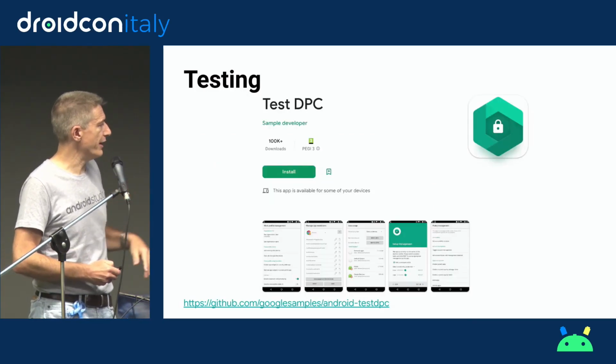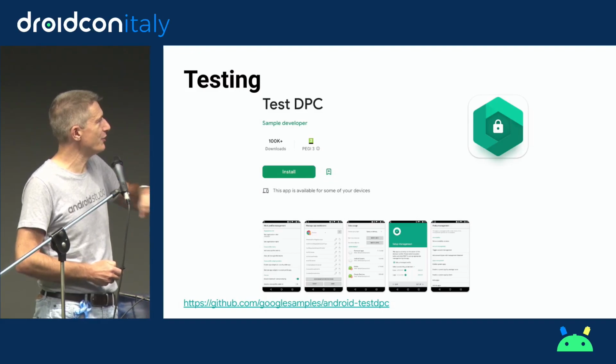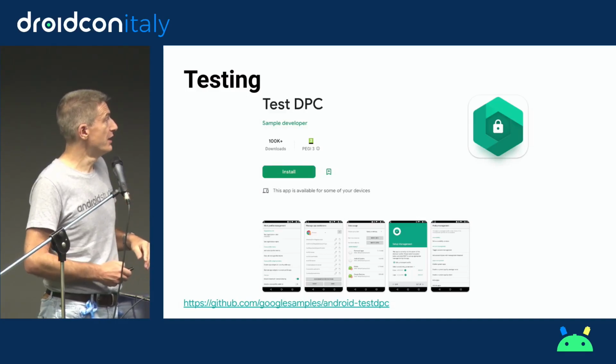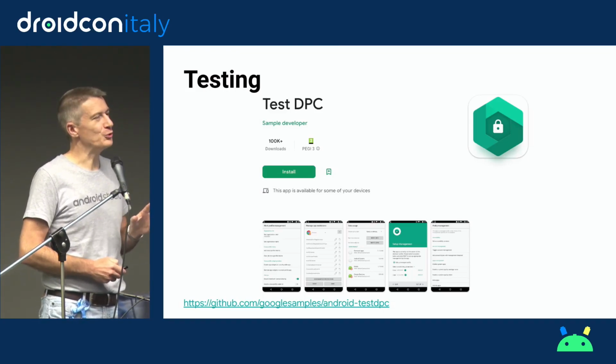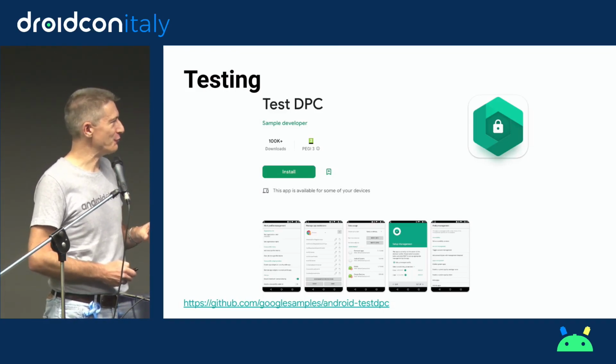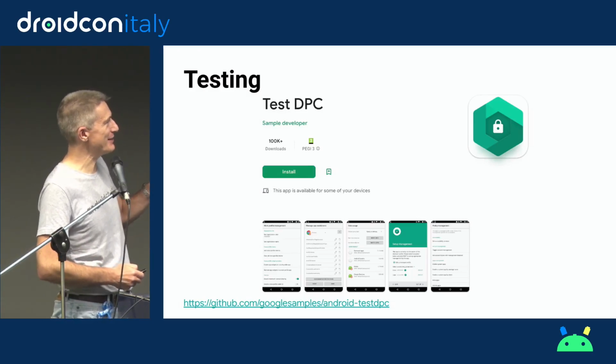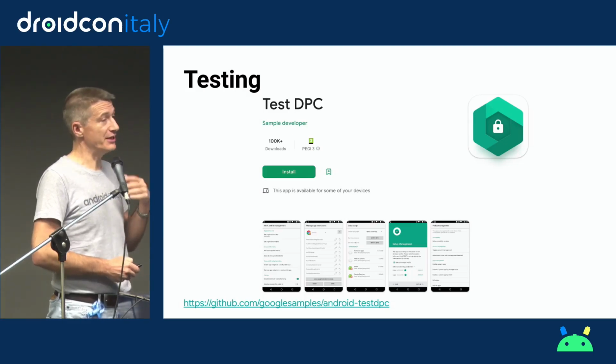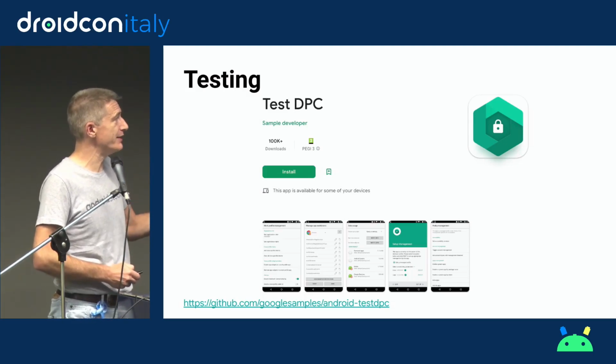TestDPC is on the Play Store. This is the icon, very cool, showing some of the available features developed by the sample developer. It's very difficult to deploy applications from Google, so I can understand why someone decided to deploy it in this way. But it's there. It's the official application, or you can build it from the source code,